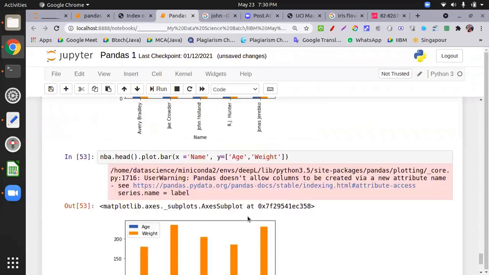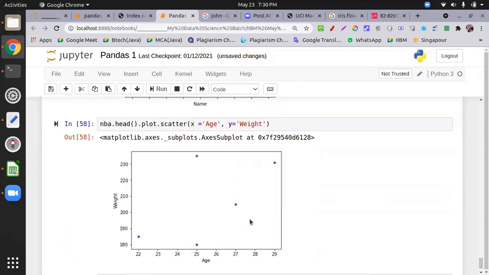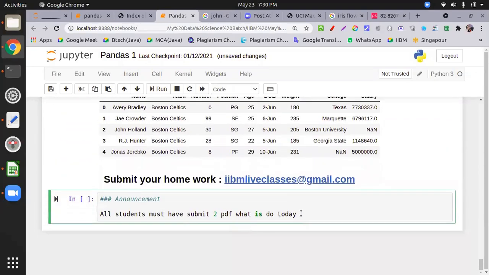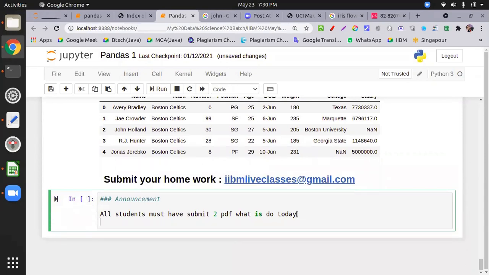Either you give me the query or you give me the homework. If you do not submit it by tomorrow, I will not allow you in the class, because for learning it is mandatory. Because it's very important.